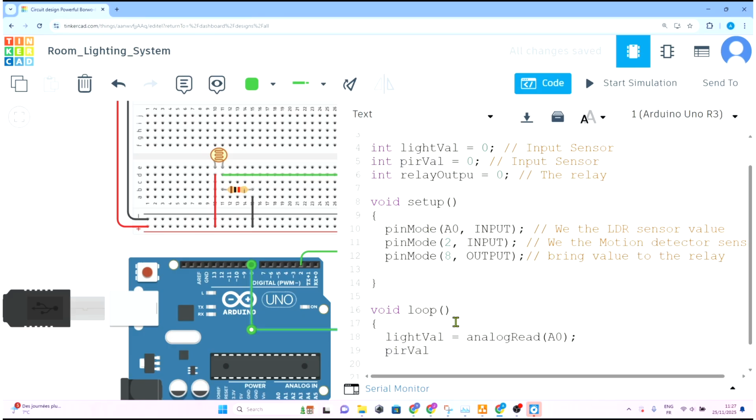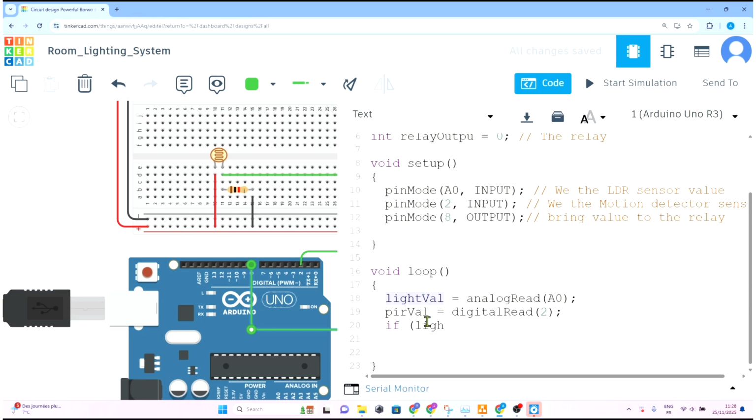This is a digital. We want to wait the digital with digital. But we don't need the relay right now. So if the light value is inferior to, let's say 500, then